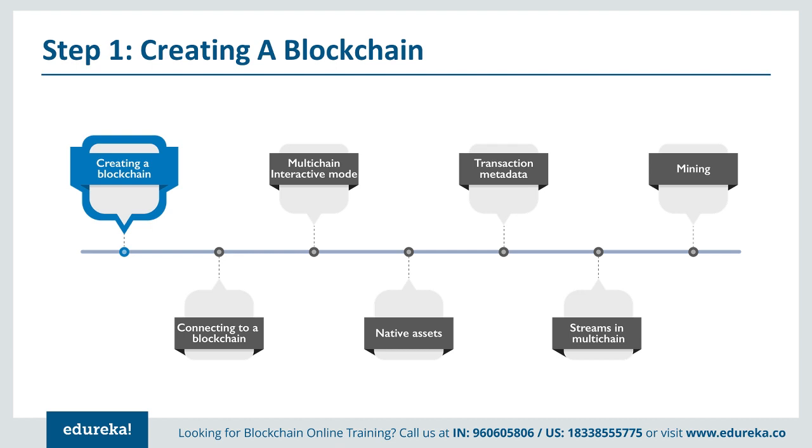So what we are trying to do is, we are first trying to create a blockchain daemon at one node, and that node by default will become the admin node. That node will have the authority to create assets, to create streams, to give rights to the miners. The other node which wants to connect should know the IP address and the port that it needs to connect to the main chain. So the main chain admin will give them the connection string that they need to connect to.